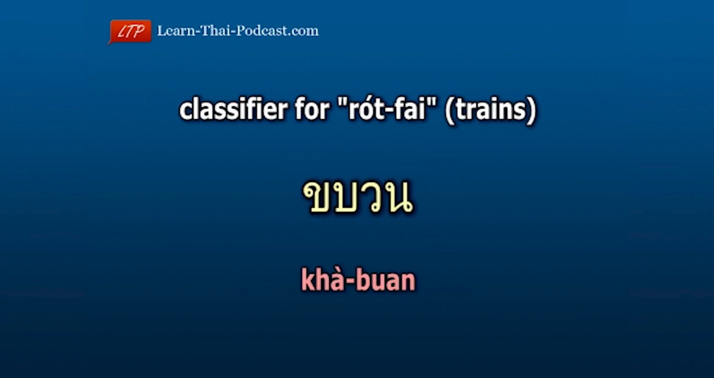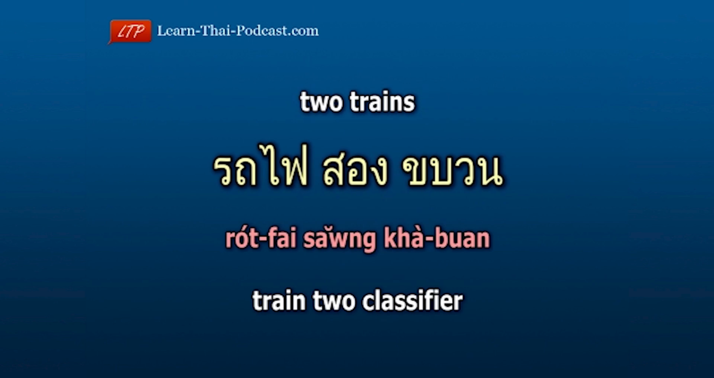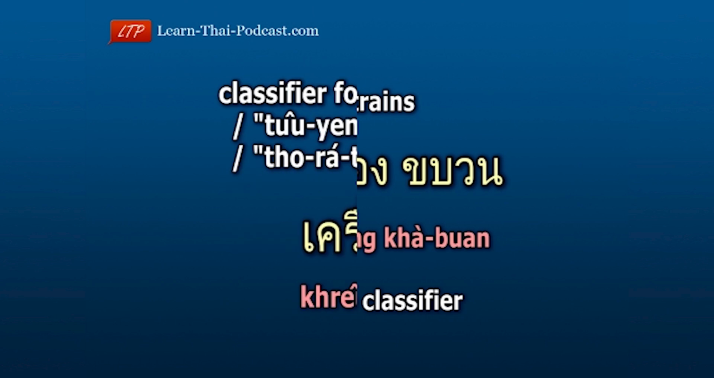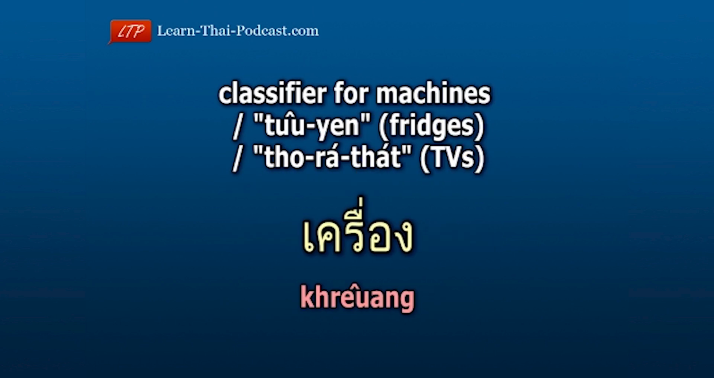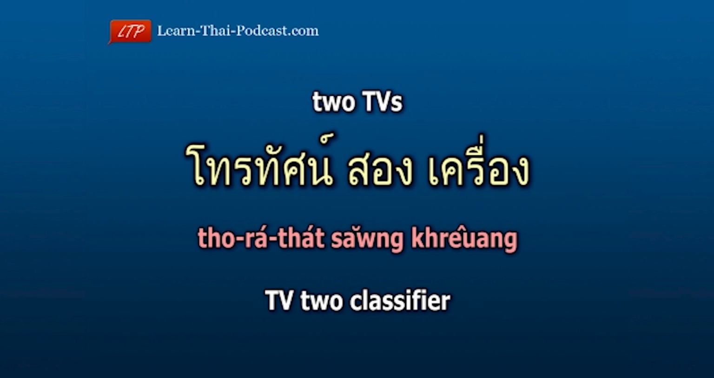The classifier for eggs ไข่ is ฟอง, so if you want to say 2 eggs, it sounds like ไข่สองฟอง The classifier for cars, รถยนต์ bikes, จักรยาน and umbrella ร่ม is คัน, so if you say 2 umbrellas, it would sound like ร่มสองคัน The classifier for trains รถไฟ is ขบวน, so if you want to say 2 trains, it sounds like รถไฟสองขบวน The classifier for all sorts of machines such as a fridge ตู้เย็น or a TV โทรทัศน์ is เครื่อง, so if you want to say 2 TVs, it sounds like โทรทัศน์สองเครื่อง